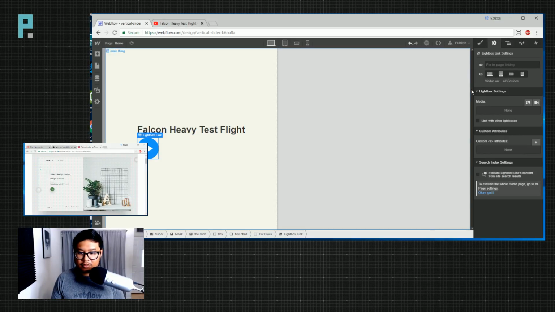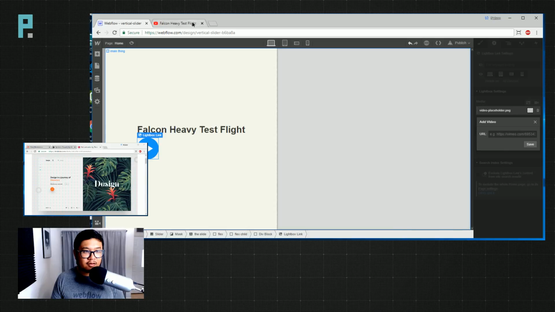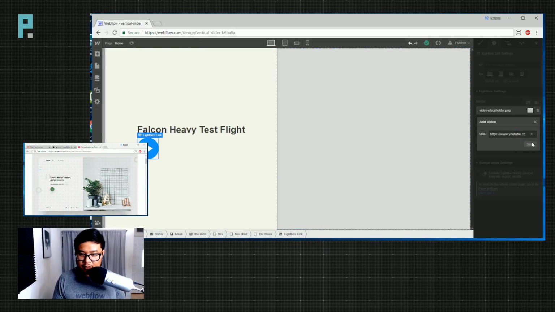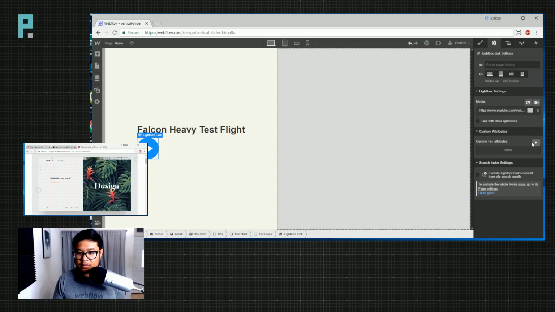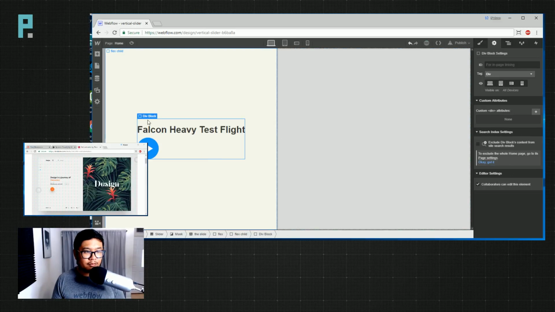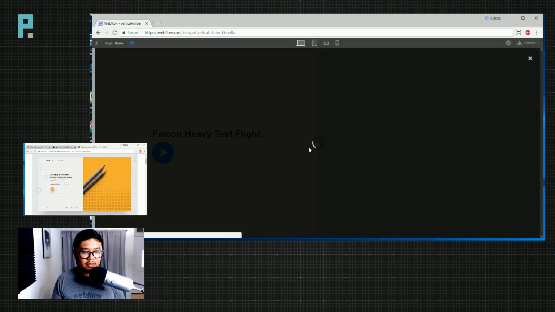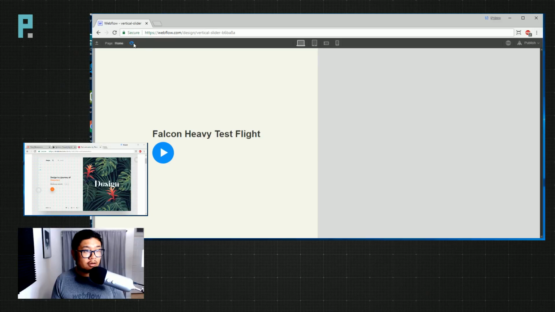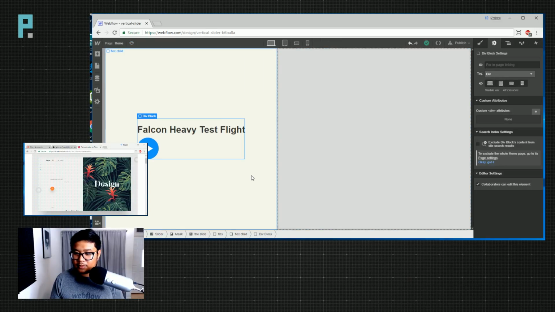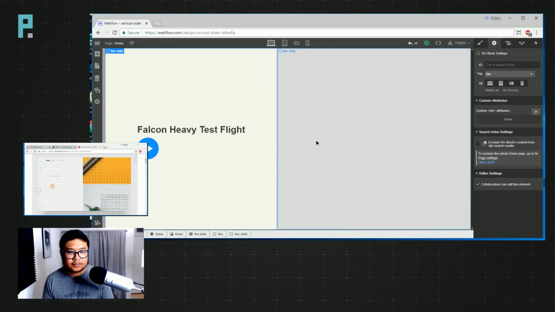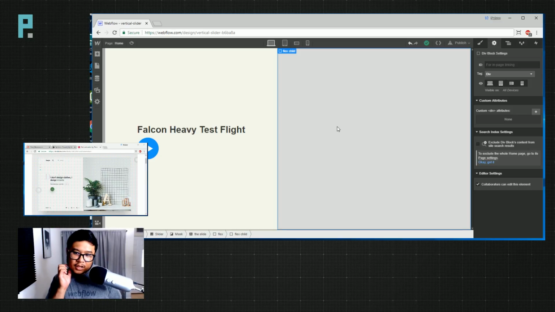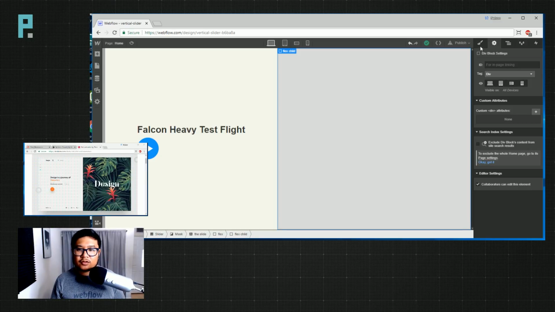Okay. Now I'm going to go to my settings, click on this, get my YouTube video, paste that in there. Good to go. Boom. So all it does is this. It'll load. Okay, so that one's done. Now, let's go ahead and put an image. Okay, so this is